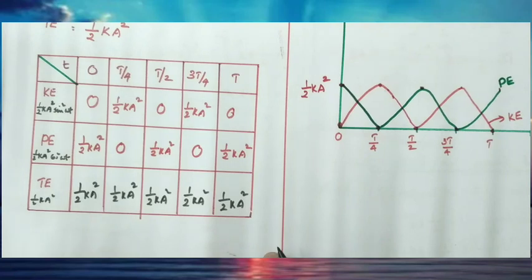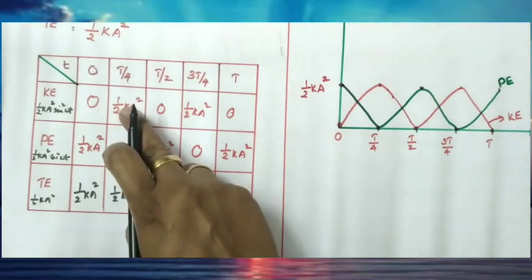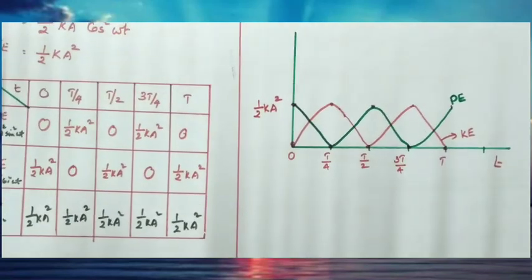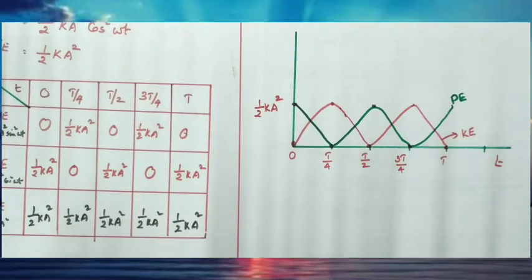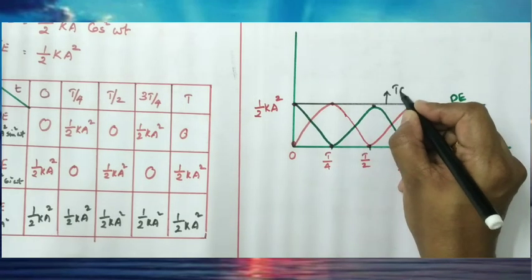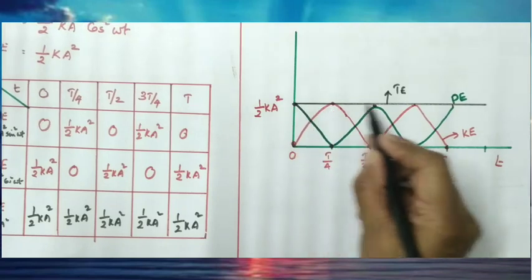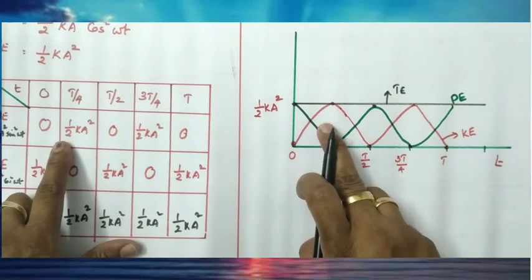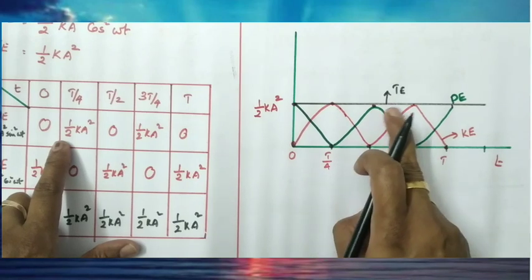Total energy does not depend on time, or kinetic plus potential is called total energy, which remains constant. Now how will you draw the total energy curve? This straight line represents total energy. Total energy remains constant, which is half k a square. Okay children, so this is the graph relating kinetic energy, potential energy and total energy with